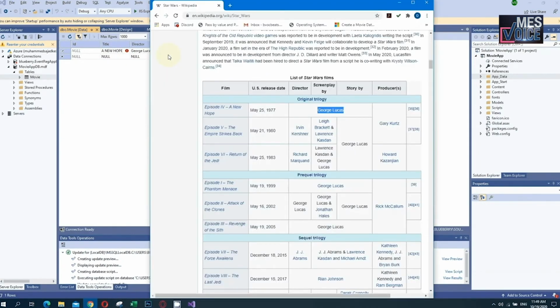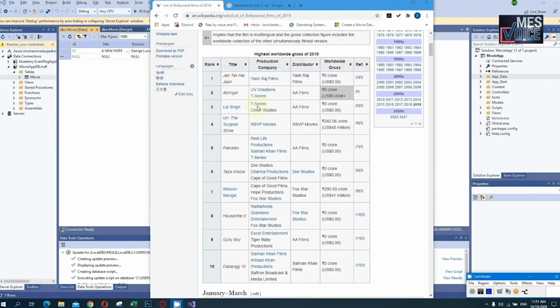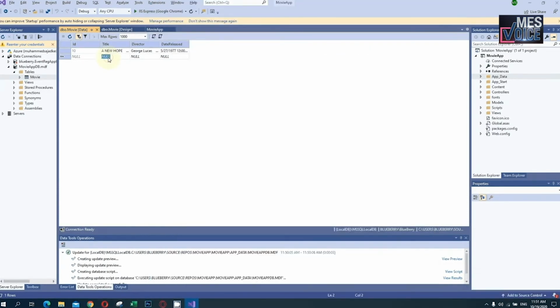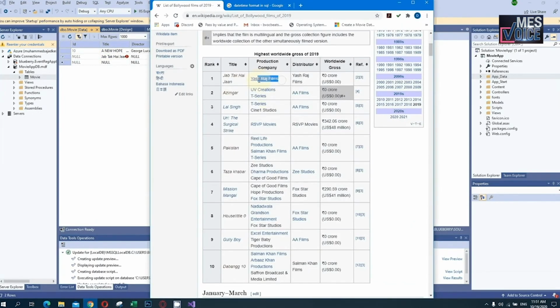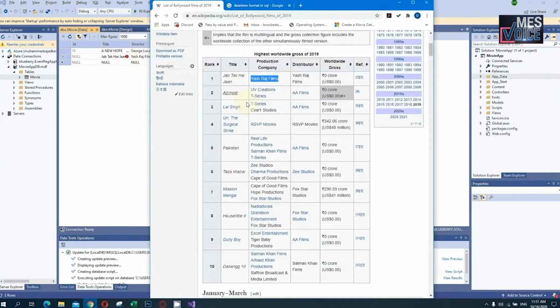Today's date. I have a list of some movies here, so I will go with this. Then I will add the production or director, anyway like that. Then the date will be